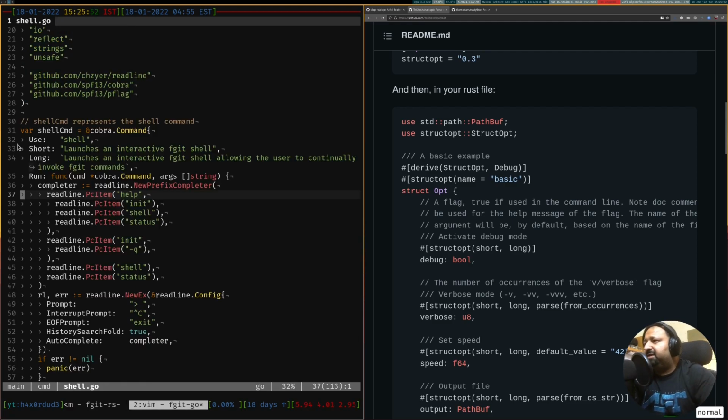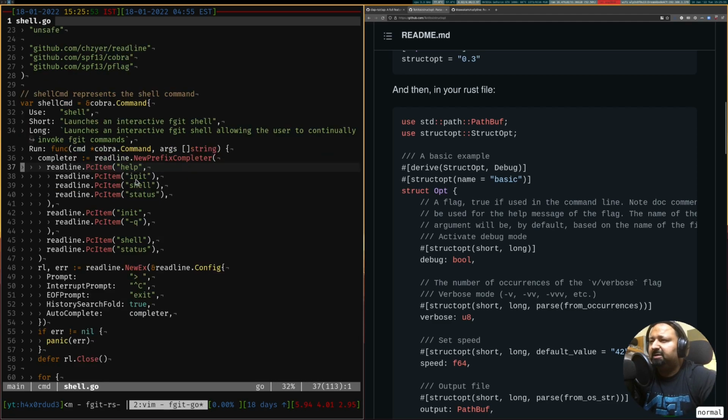To recap a little bit, our fake Git application in Golang basically comprised of 3 commands that we supported. One was the init command, the other was the shell command, and then the other was the status command. The init command is the git init, which basically helps you initialize a repository. And then the status command, as you might be aware of, is the one that gives you the status on